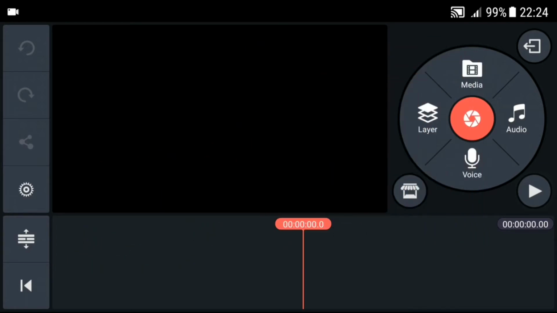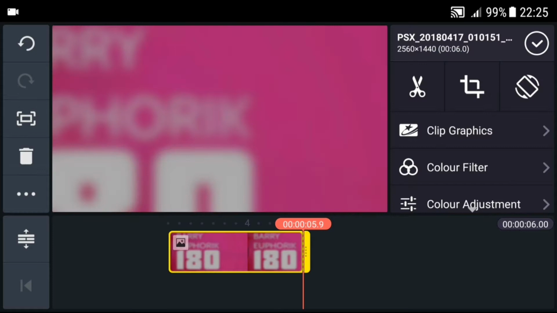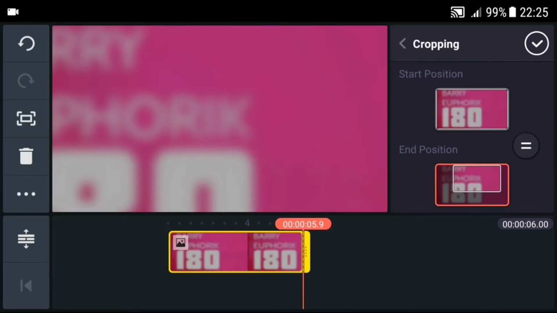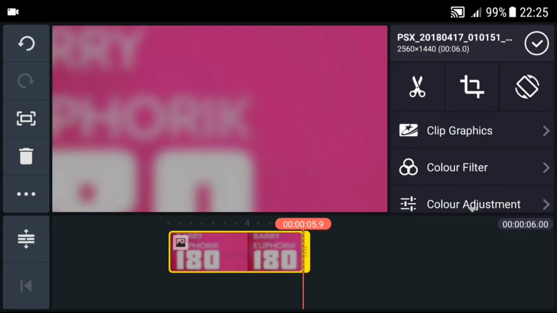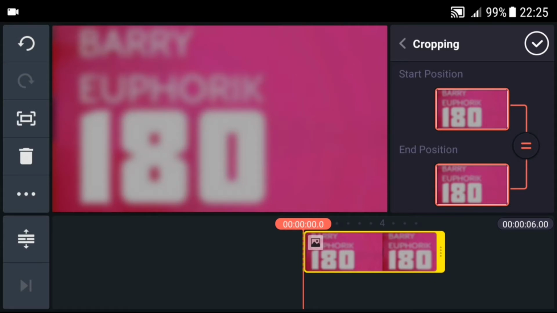It's a good video. We'll start off with an empty project. And in this we will load up the background. This is basically the artwork in the widescreen format and blurred. You use a photo editing app to blur it and to kind of darken it a little bit. You just turn down the exposure. And then you're going to have to check the cropping, which is between the scissors and the rotation thing. What you want to do is press equals so that it stays the same throughout the entire